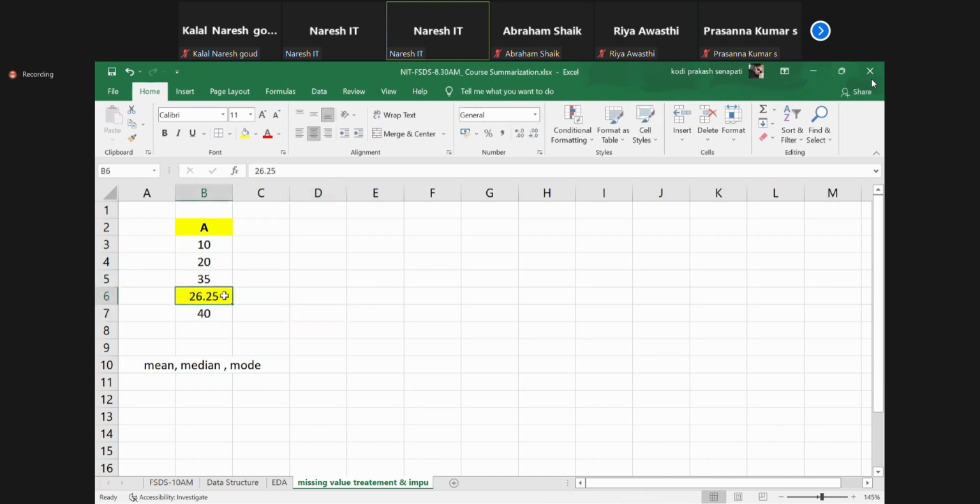So can I fill the data or not? Now let's assume you might ask, sir, what happens if I have three missing values? Now let's assume 50. We have two missing values or not? Again, what strategy? Mean itself. Either you can implement mean strategy or median strategy or mode strategy. I can fill 26.25.